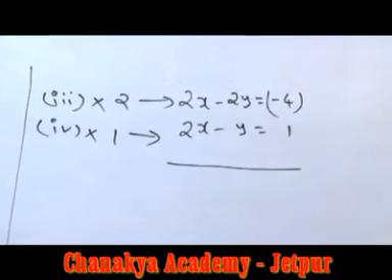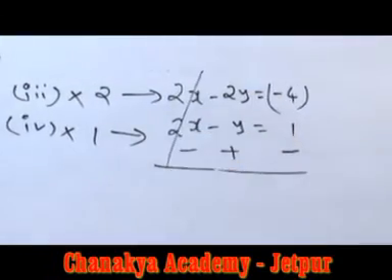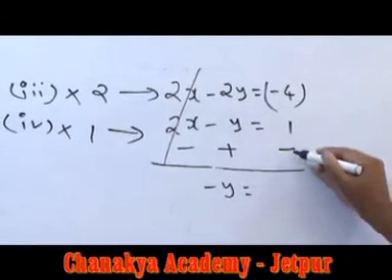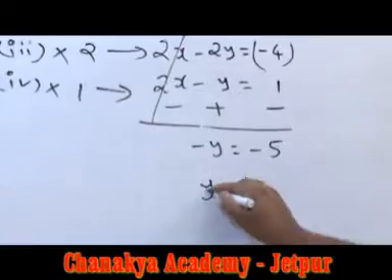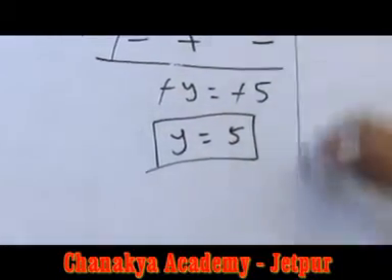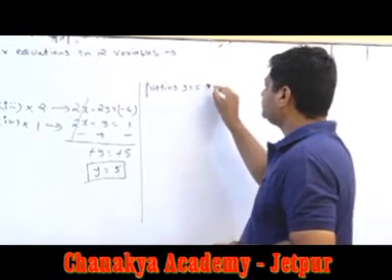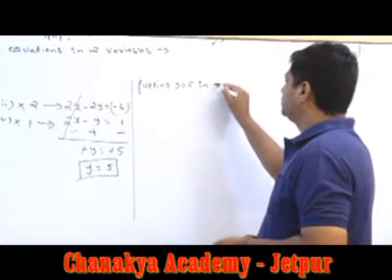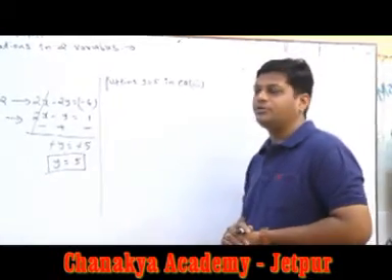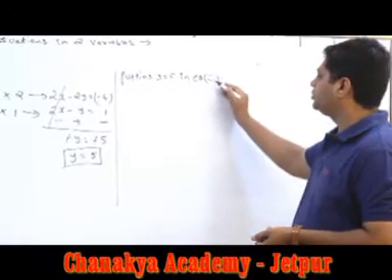Now changing signs, minus plus minus, we are going to eliminate 2x. -2y + y gives us -y. Here -4 - 1 gives -5. So y = 5 after eliminating the negative on both sides. Now putting y = 5 in equation number 3 or 4. We can prefer either equation number 3 or equation number 4. Putting y = 5 in equation number 3, we get